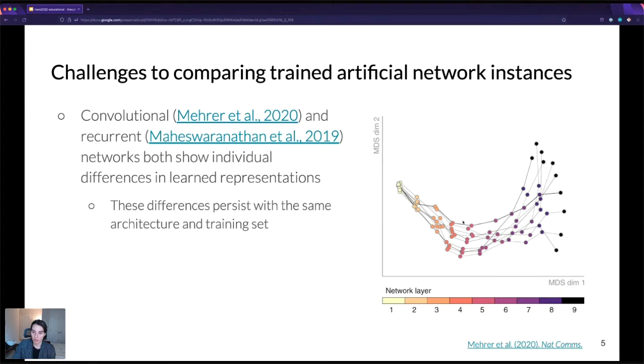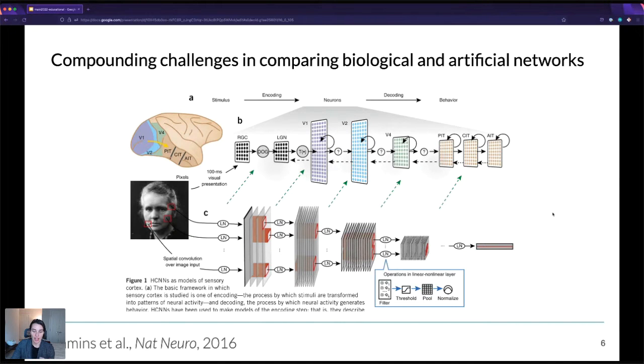But as we move through the layers, we see more and more individual differences in terms of how each layer has representations that are being orchestrated by the hidden units. So it does seem as though these individual differences are persistent really at any kind of neural system we're looking at, biological or artificial. And as you can imagine, perhaps what this is setting up is that if we have